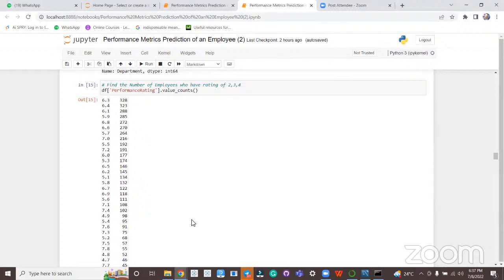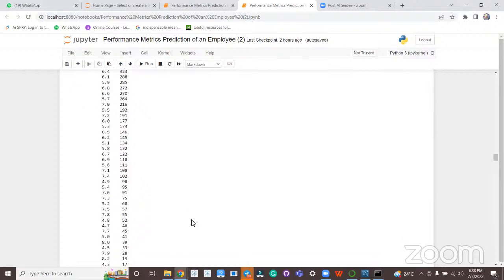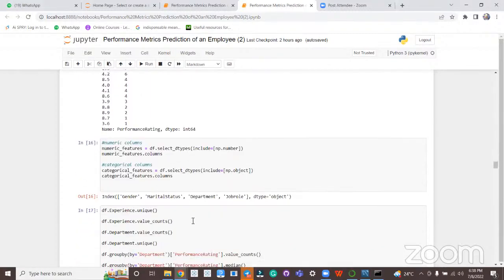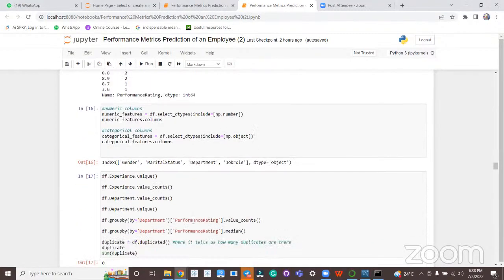We can also do group by, with discretization, to see how many people are getting more than 7 as rating. How many people fall in a bracket of maybe 5 to 7, right? This kind of analysis can be further done. But this value_counts on performance rating gives us a quick sneak peek into the performance rating. We are not specifically looking at the employees who have greater than 7.8 rating, because very few people have that kind of a rating, and these could be treated as exceptional cases.